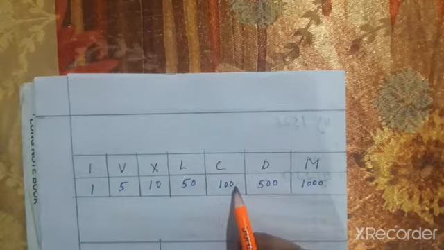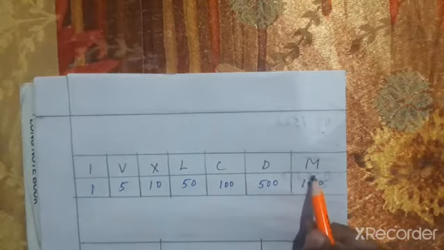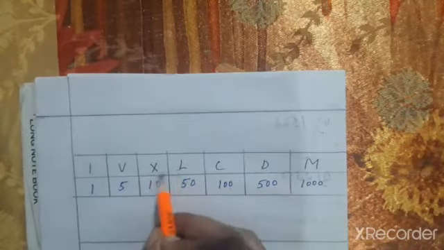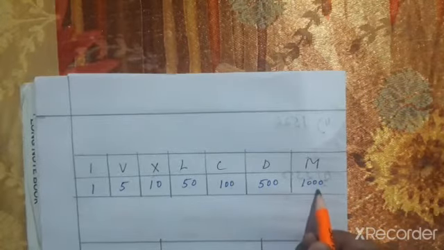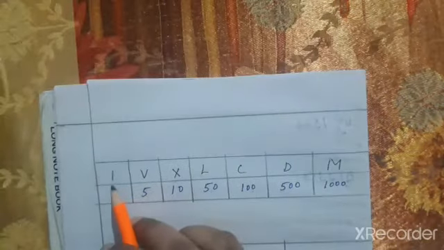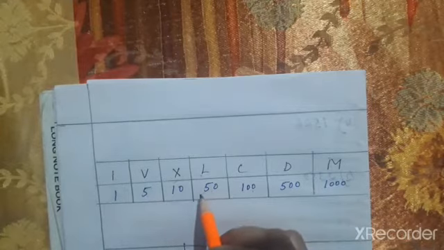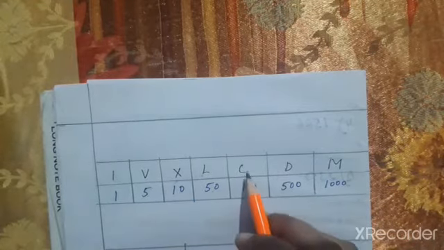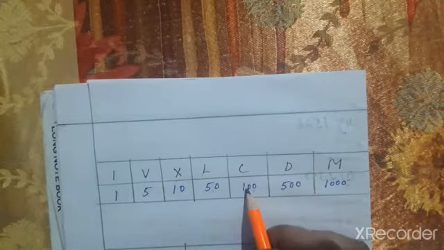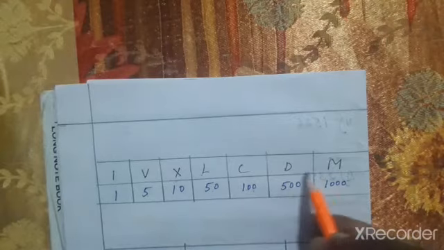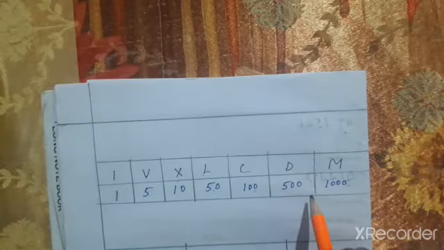The cost is 100 rupees shipping charges, transport charges, and 500 rupees the cost. But after delivery we received medium size. What we booked was XL size dress, but we received medium size dress. The cost is 1000 rupees. So here I and V, 5 members booked XL size dress of 10 to 50 dresses, cash on delivery. 100 rupees is the shipping charge and 500 is per dress cost. But after delivery we received medium size dress of 1000 rupees. This is the online shopping experience.